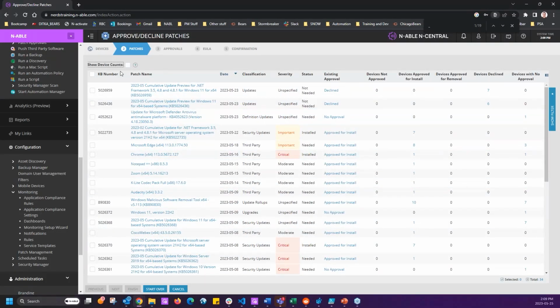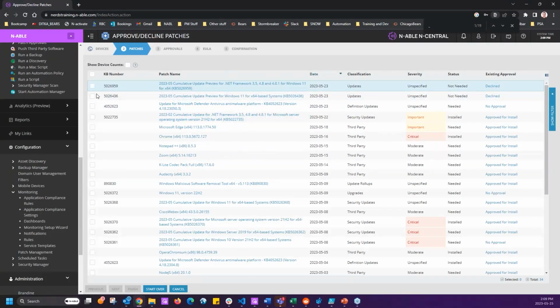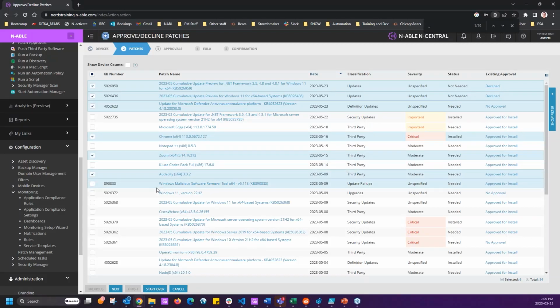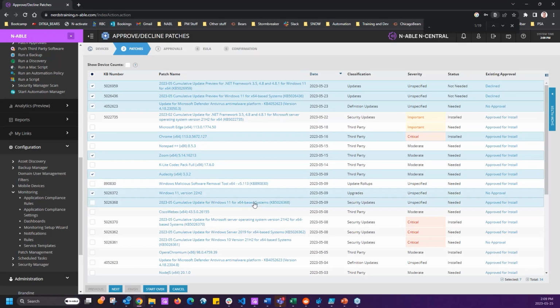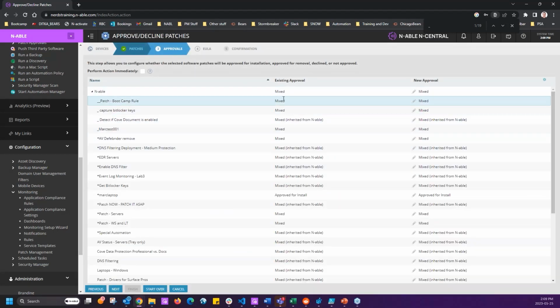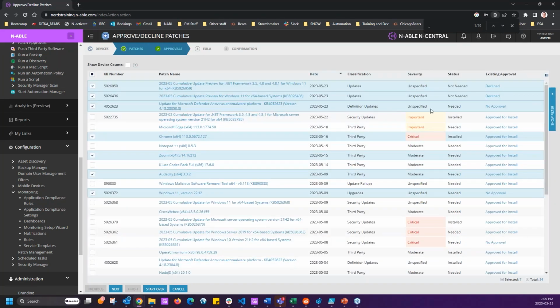Okay, so what we want to do here is we want to go through and select the patches that we want. I'll choose Chrome and Zoom and Odyssey. Okay, and let's do Windows 11 20H2. All right, there, perfect. Then I'm going to click next. Now, I can see that everything is now in a mixed mode. Let's go back and I'll explain why. It's because I've got some declined, I've got no approvals, I've got some for, so it's a mishmash of